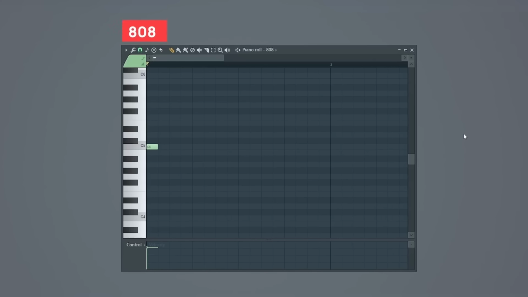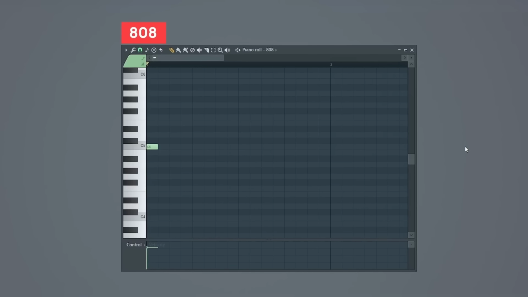Having said that, I do feel as though adding a more full bass would help this beat. It just feels a bit too thin in the low end, just for my own personal taste. So let's try layering something underneath this bass that I'm already using here. I'm gonna try using this 808.